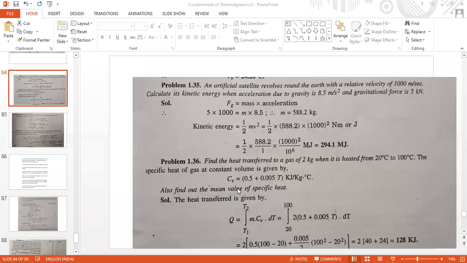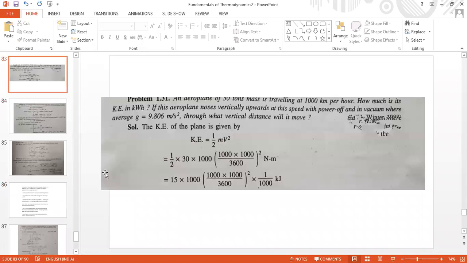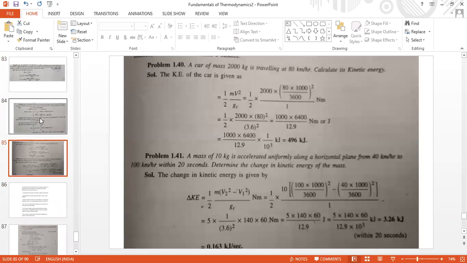Are there anybody who are noting down? You better note down this. Otherwise, there is